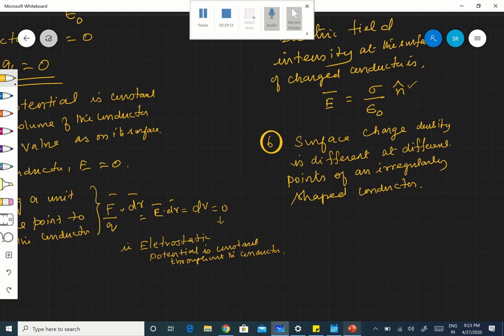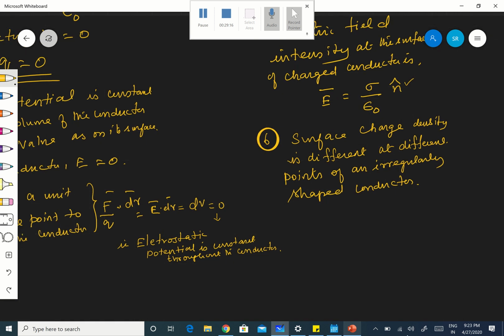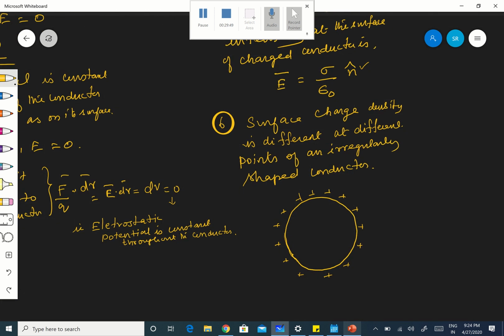Just now, I think I told you before itself, if a body is having a regular shape, let's see, a nicely highly polished sphere, then what happens if extra charge is given? Already we have seen, it will be uniformly distributed, only if it is having a regular shape like that. But if it is an irregular conductor, there will be some dents, there will be some sharp points somewhere.